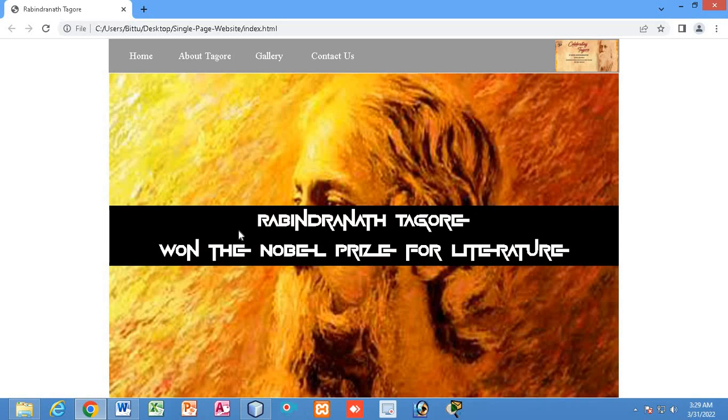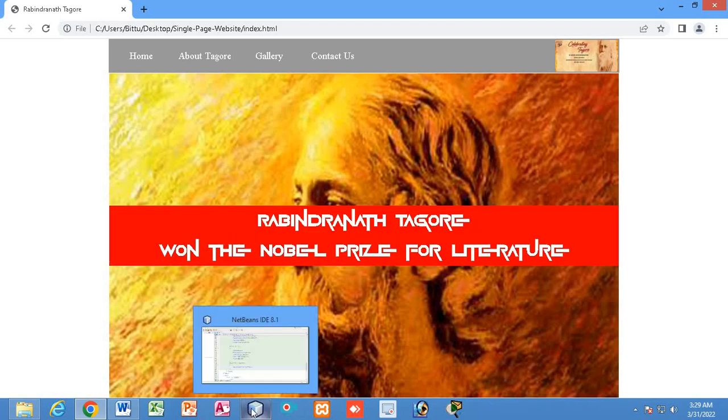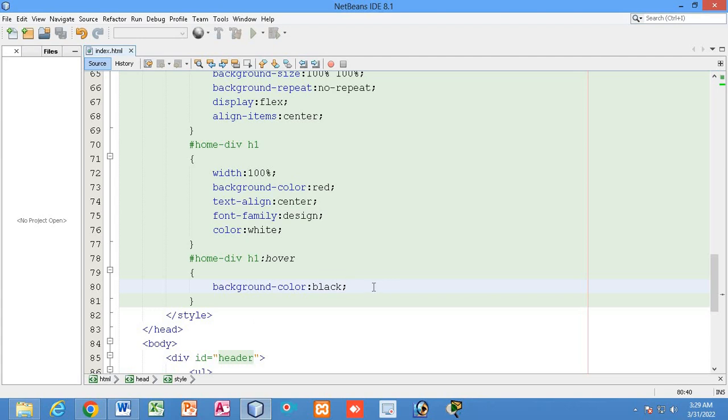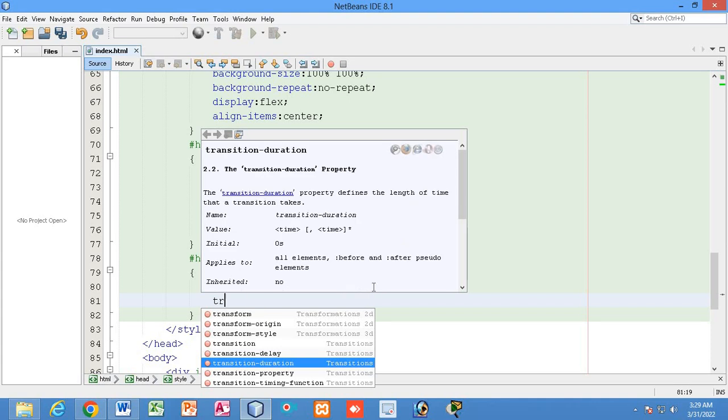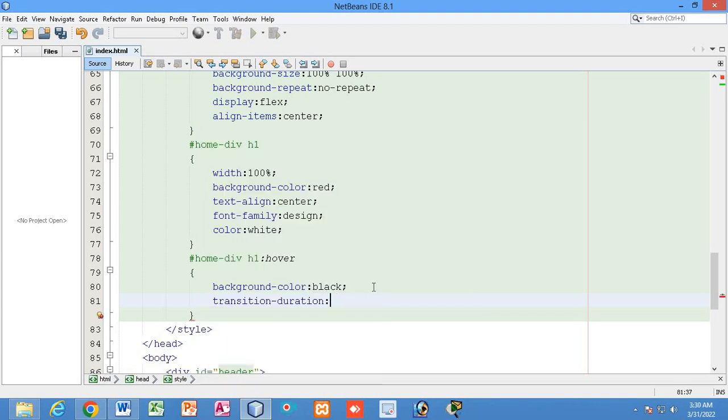Okay, so if you want to make these CSS changes slower, you can just simply write here the duration of transition that will take place to 1 second. So the transition duration will take place to 1 second.